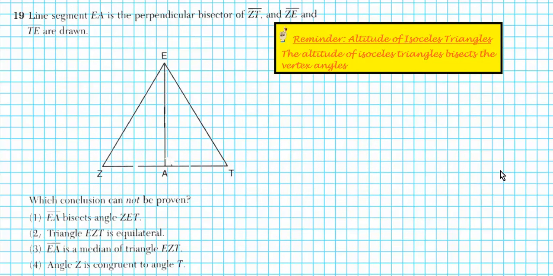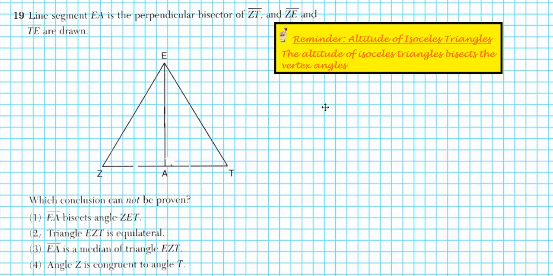Okay, let's take a look at question number 19. It says line segment EA is the perpendicular bisector of ZT, and ZE and TE are drawn. Which construction cannot be proven? One thing I want you to keep in mind, quick reminder, is that the altitude of isosceles triangles bisects